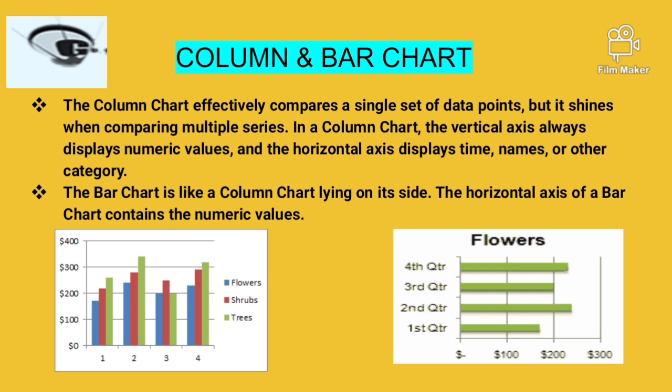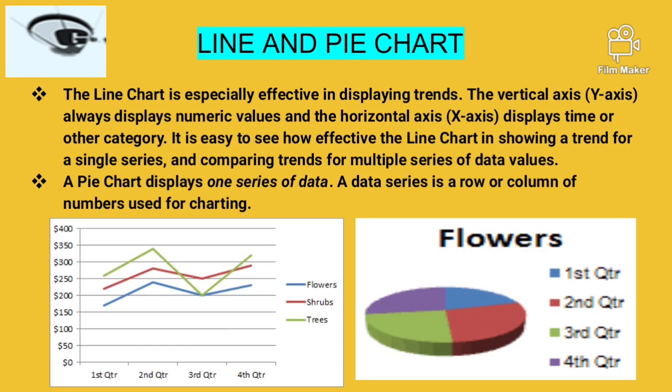In contrast to the column chart, the bar chart is completely different. It represents data in the form of long horizontal rectangular bars. The x-axis represents the value assigned to each category that is represented on the y-axis, and in a bar chart the y-axis is known as the category axis and the x-axis of a bar chart is known as the value axis. They are very easy and effective to represent data.